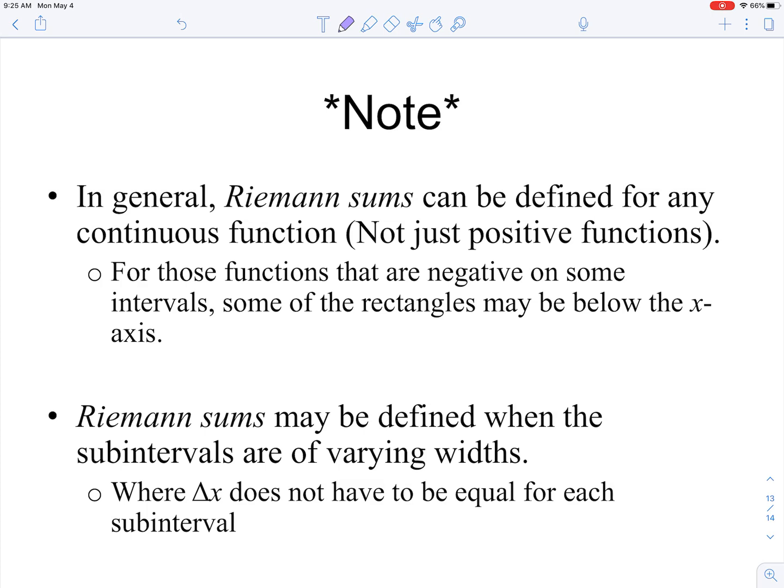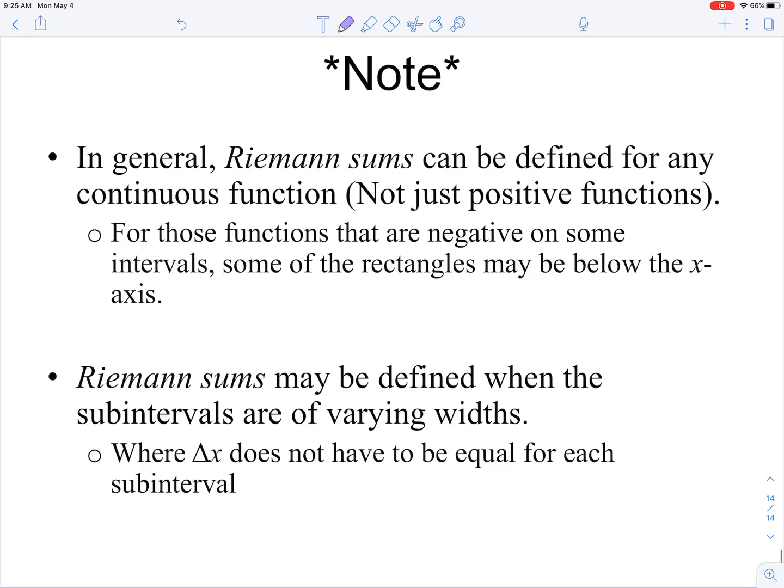Riemann sums may be defined when the subintervals are of varying widths, where delta x does not have to be equal for each subinterval. So basically you could vary the width of each rectangle to make the rectangles fit better underneath the curve. However, we're not going to actually do that in this class. Okay, so